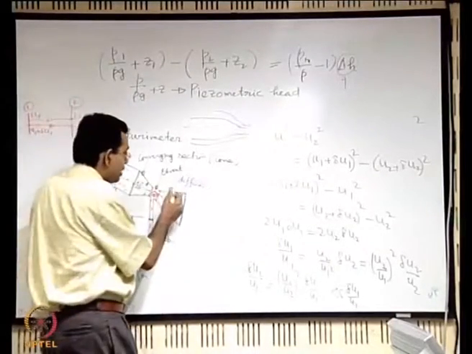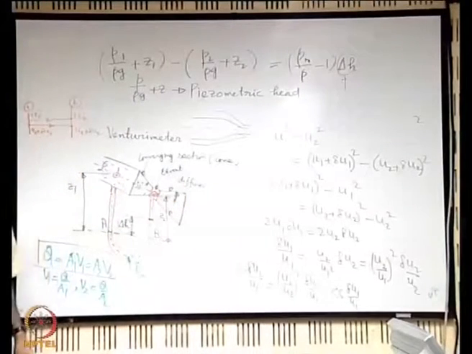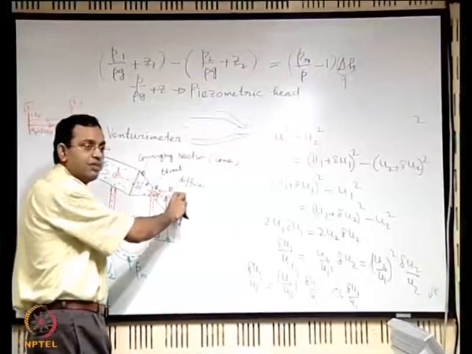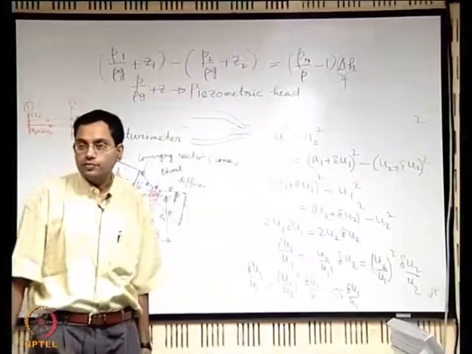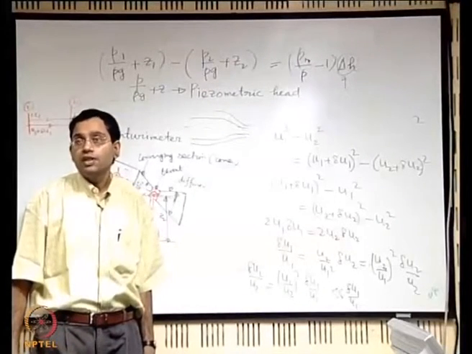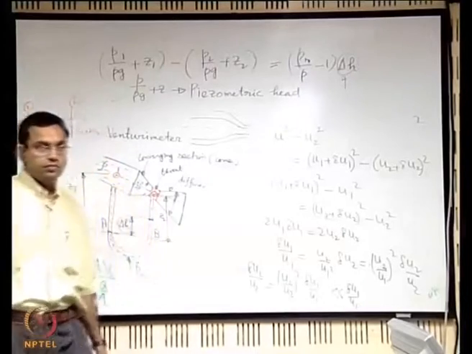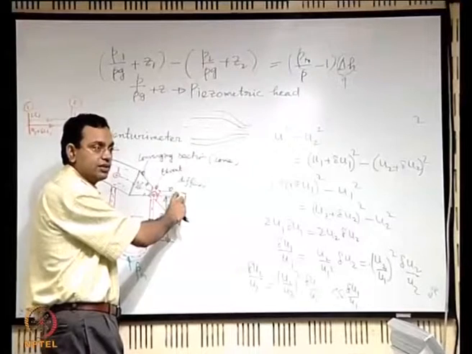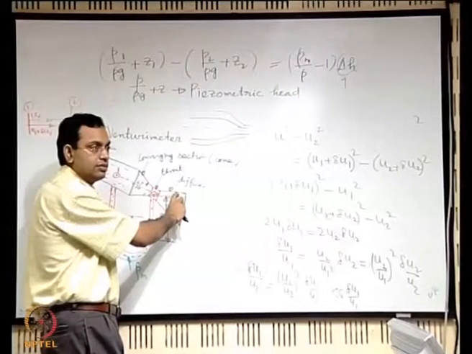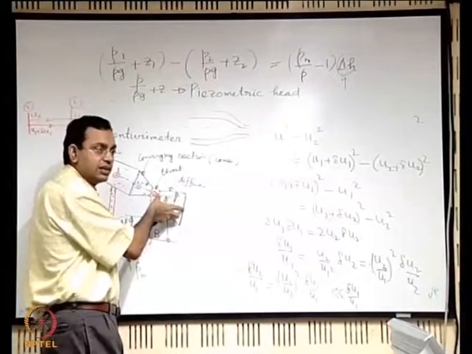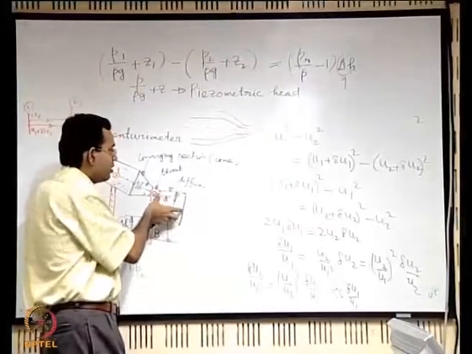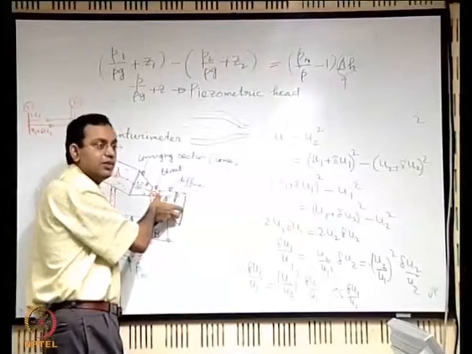So let us see, if we increase this angle of the diverging section, first, what good thing will happen, that is very obvious. If you increase the angle of the diverging section, what good thing will happen? Yes? If you increase the angle of this, what is the good effect of that? That portion will decrease in length. So in a relatively short length, this device will merge with the pipe. So the loss due to frictional resistances will be less.